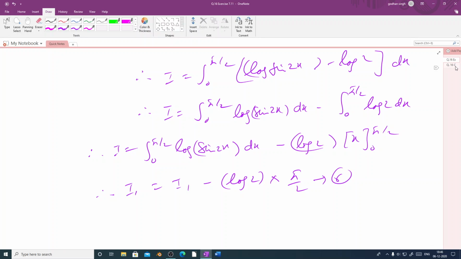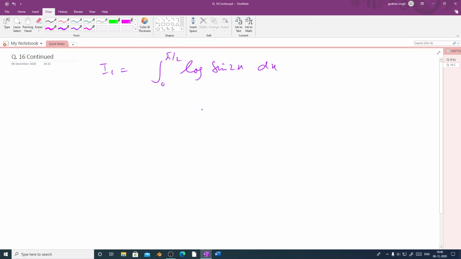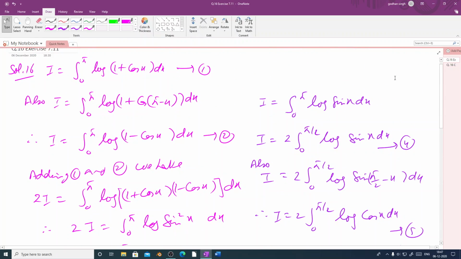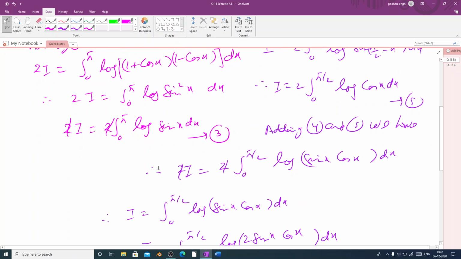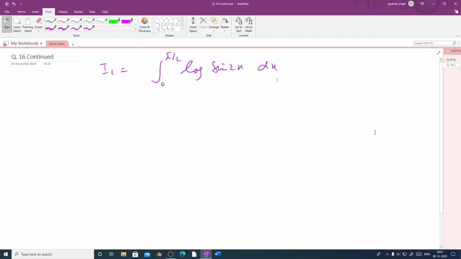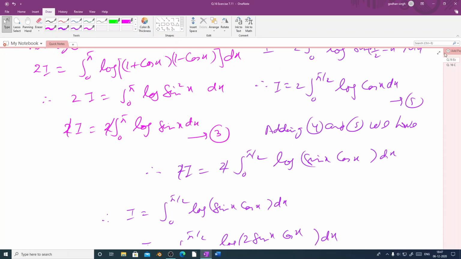Now we'll try to take the help, we will try to convert this into the form which we have already, that is, in the form of equation number 3. Let us check whether we can do this or not. So for that, we'll make some changes. We'll take 2x as t. Why? Because if we see equation number 3, sine is a function of x, not 2x, and also the limits